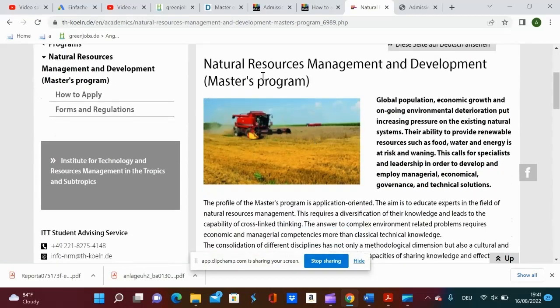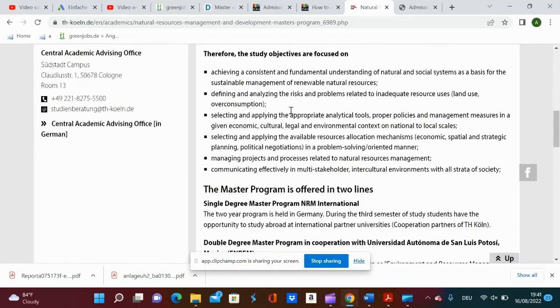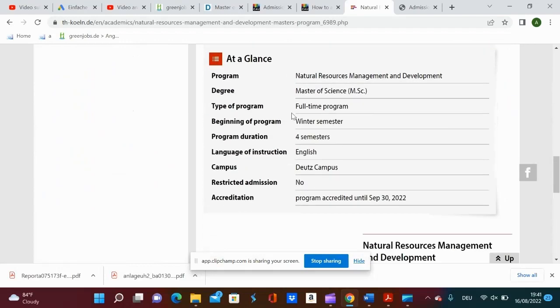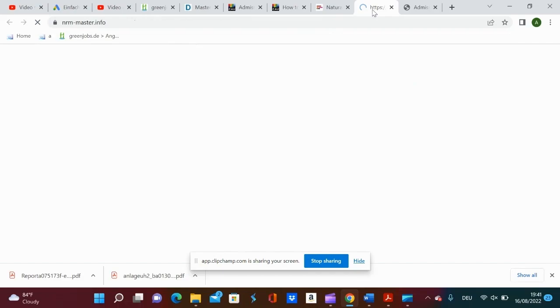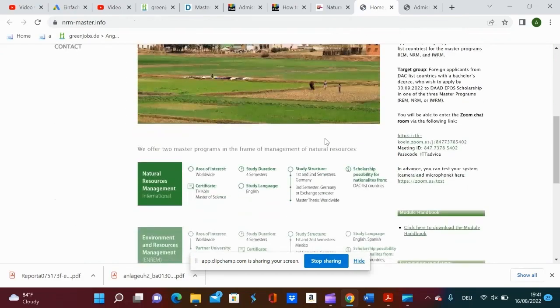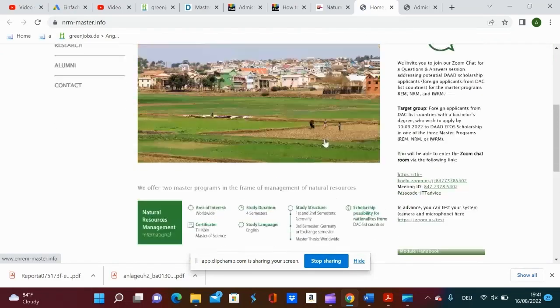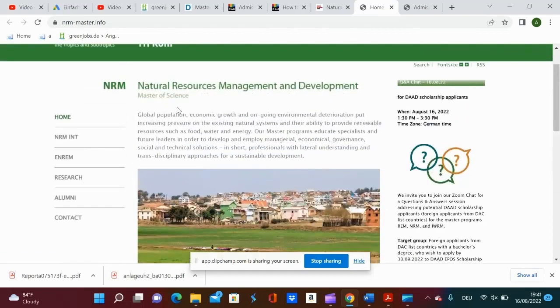Let's check how you have to apply. If you can see my screen, I'm going straight to the website of the program.